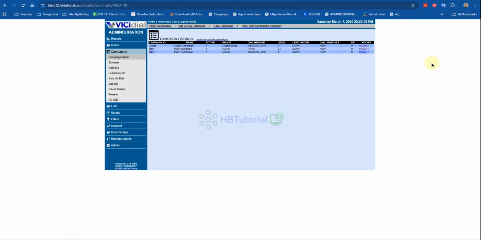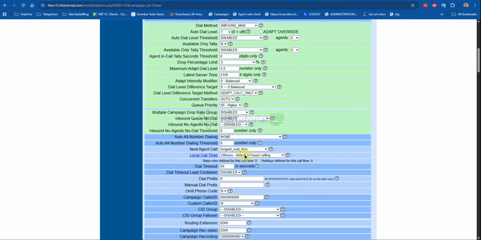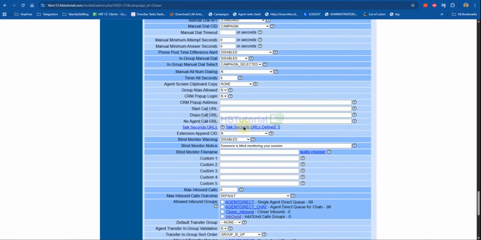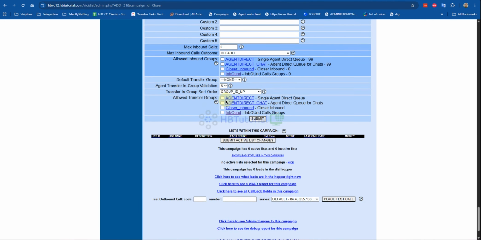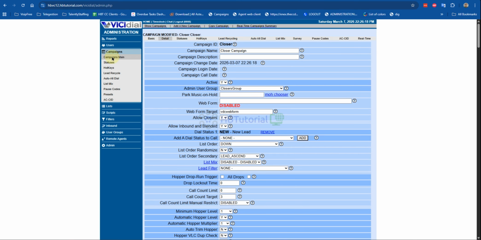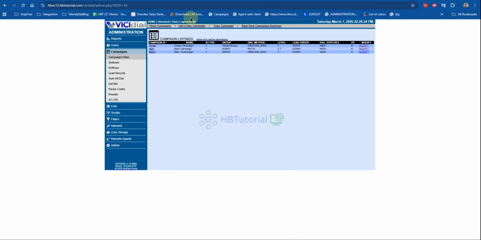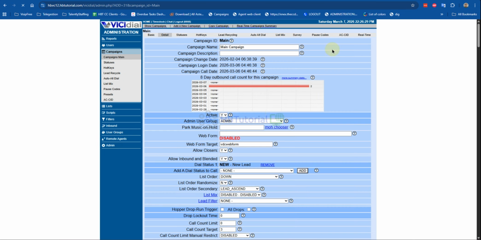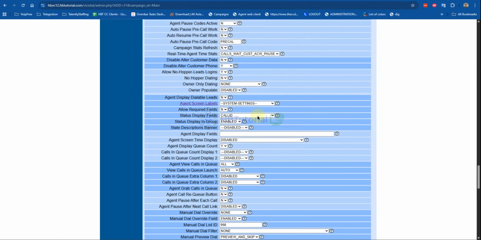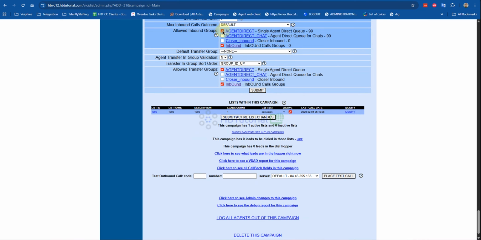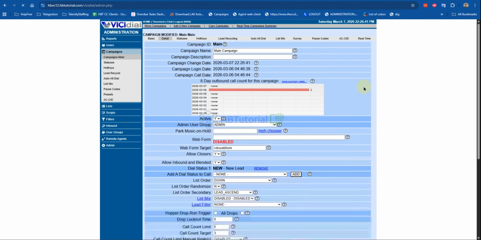So you need to go back to the closer campaign, and then you need to select over here, allow transfer, agent direct, closer, submit. And then you can go in here to our main campaign. For the main campaign, you can remove the agent direct over there, and then the transfer group.